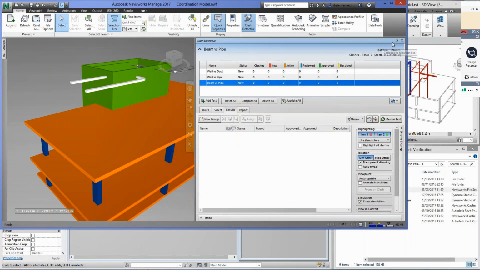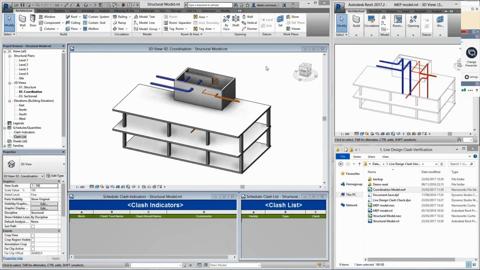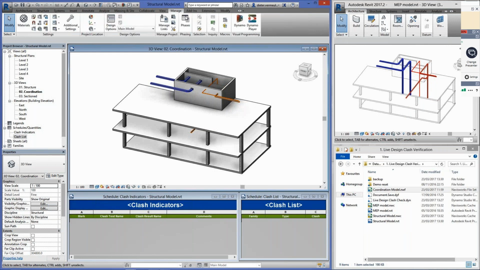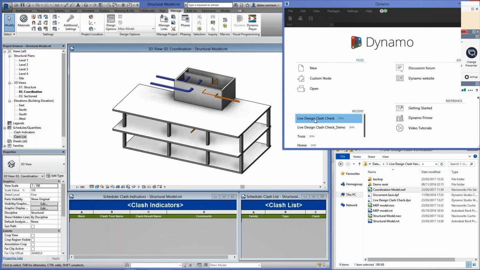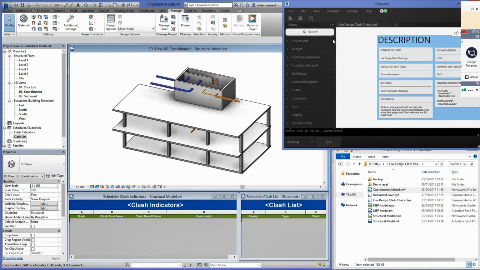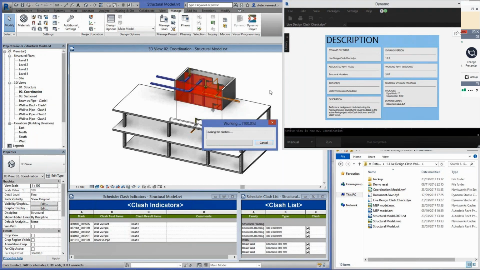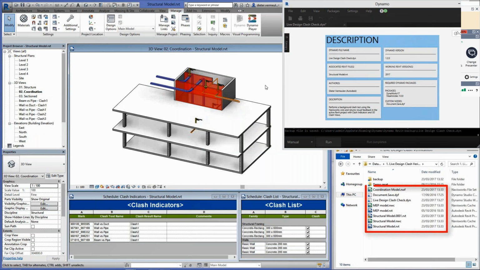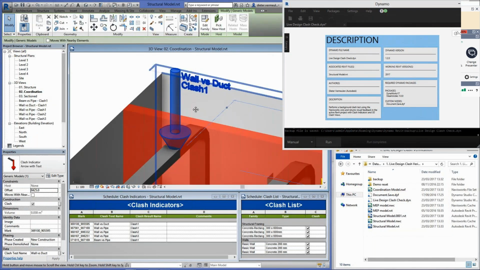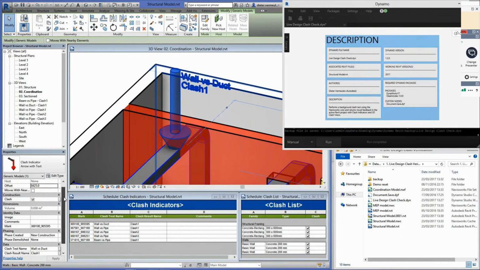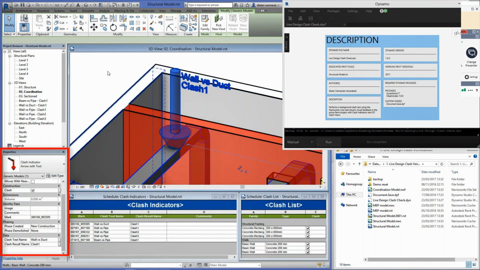So once I identify the clashes by running the Dynamo script, there is a particular package called DynaWorks which helps me do that. Once you run the clash, what you will see is it automatically adds a specific arrow family indicating the location where the clash is happening, and then even gives me a clash report through a schedule within the Revit environment itself.